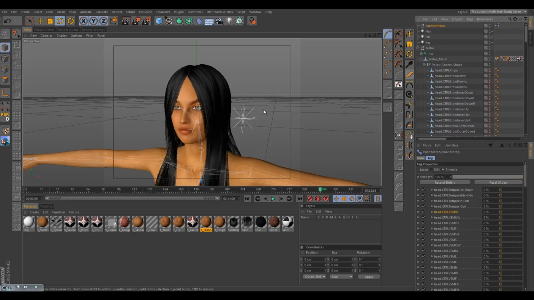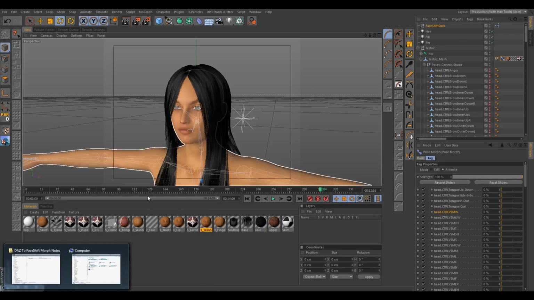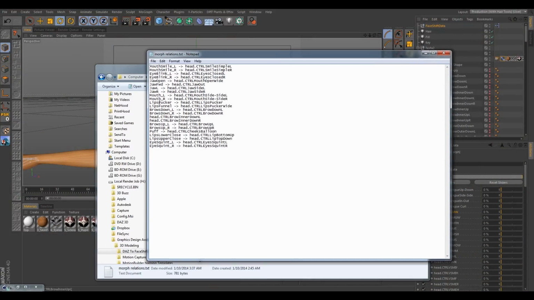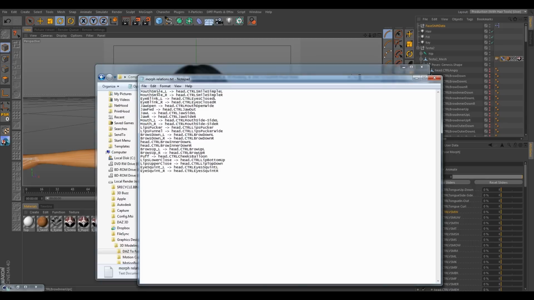Alright, so to that end, I've actually written down in a notepad file here some of the morphs that match certain Phaseshift morphs. We don't have to actually do all of them, although you'll get better facial animation if you do so. But these are the ones, after some quick work, that I've found have worked in my animations, and these kind of match the Phaseshift ones.